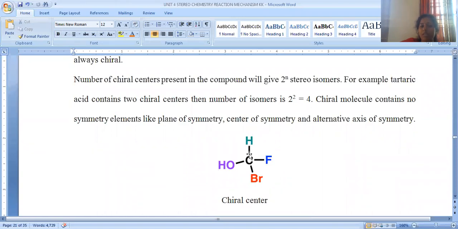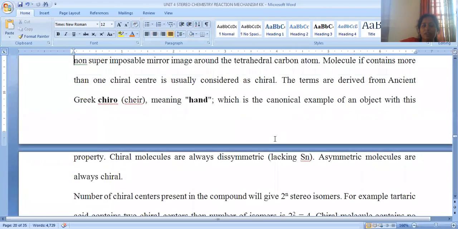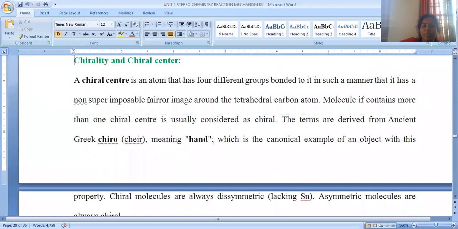Now, this exhibits optical activity. If we replace this fluorine with hydrogen, here hydrogen, here also hydrogen, that becomes achiral and the molecule becomes optically inactive. So in this way, a chiral center is very essential for the optical activity of the compound. If the chiral center is there, the molecule is called asymmetric. Asymmetric in the sense there is no symmetry element. Just now we discussed symmetry elements. All those symmetry elements are absent when the compound is chiral in nature.